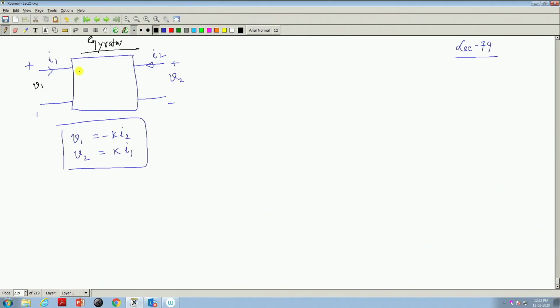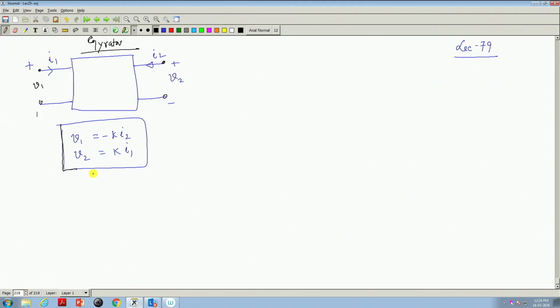So, we have been discussing gyrators and we were drawing it like that. These two are the input port and these two are the output port, and the relationship of the input port voltage and currents are like this, and you can always write its Z parameters or ABCD parameters, but always be careful.